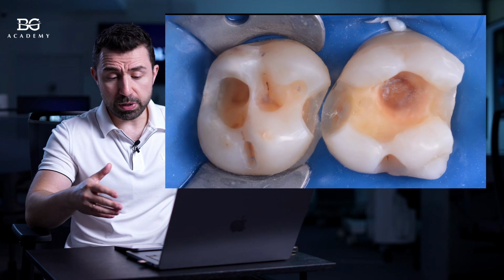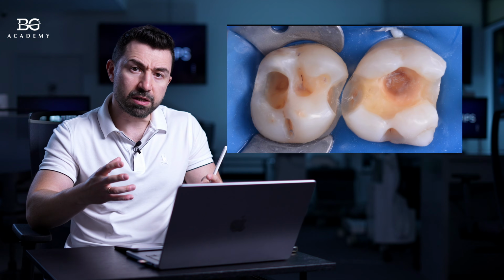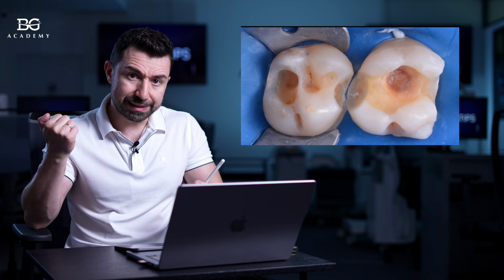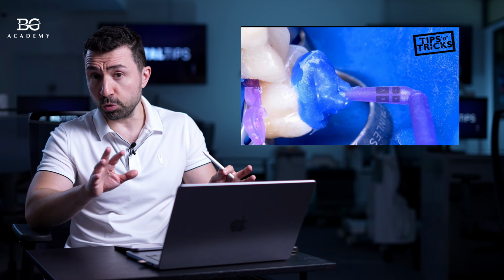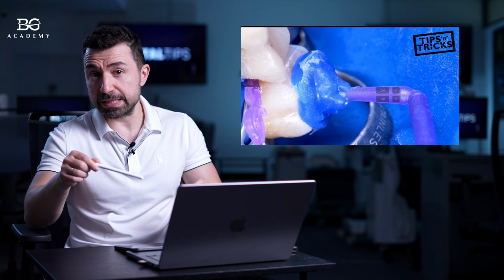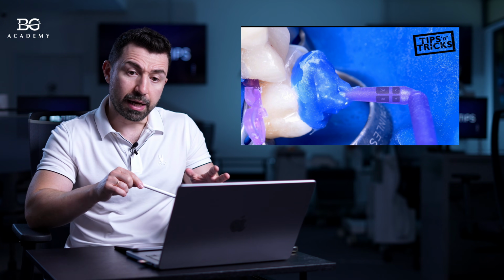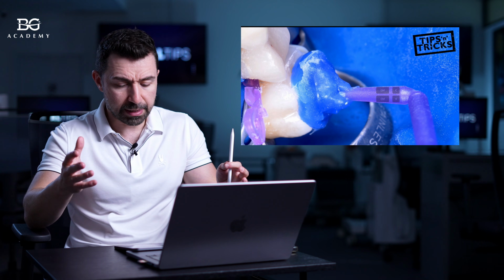And now we have to do some basic preparations, like for any direct restoration: etching, rinsing, bonding, liner, maybe some layers of dentin composite, and then the last layer of enamel, for example, or body shade, it's up to you. You will stamp with the stamp technique, but just a small tip here: you have to fit your stamp all the time, just to be sure that there is no interference between the stamp and the previous layer of composite that you already placed.